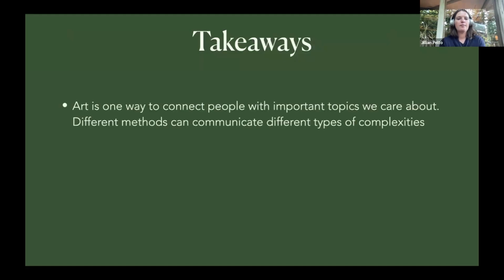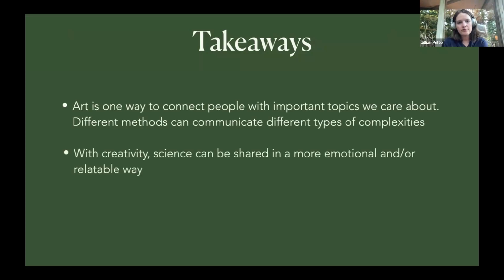So I think that art is a really good way to connect with people about important topics, and there's so many different methods that we can use, and they have different strengths and weaknesses and complexities that you can work with. I think that with creativity, science can be shared in a way that has more emotion and is more relatable. Being in the sciences for school, and now being in it more on the sidelines, like working with science teams or leading my project,